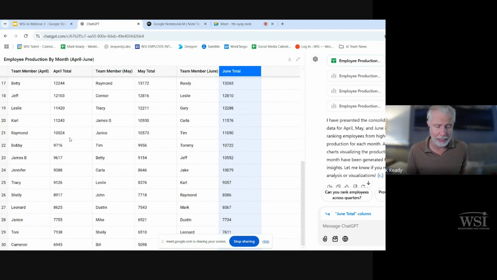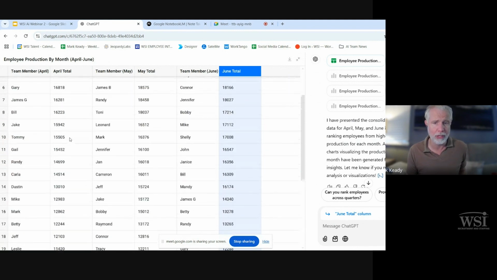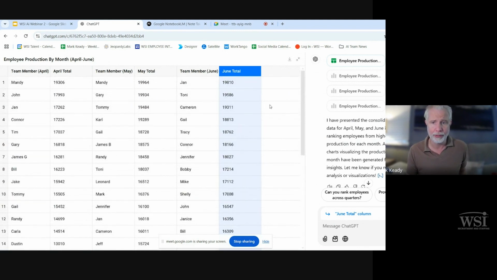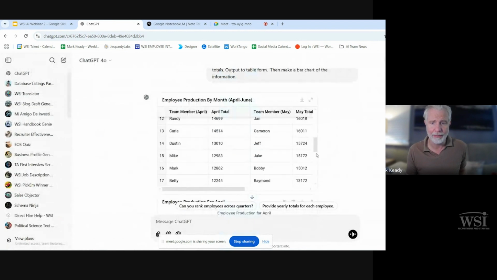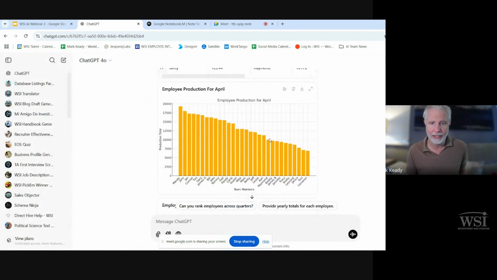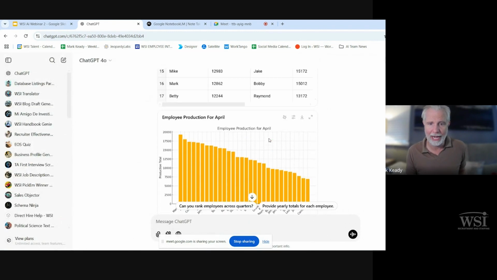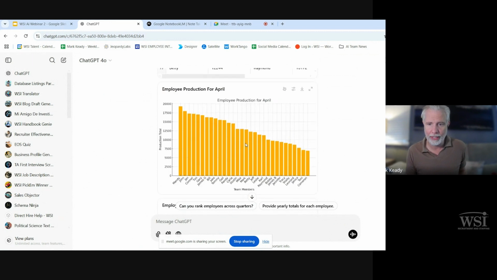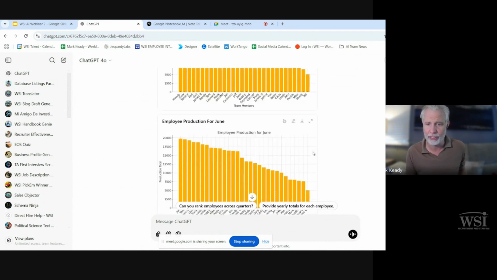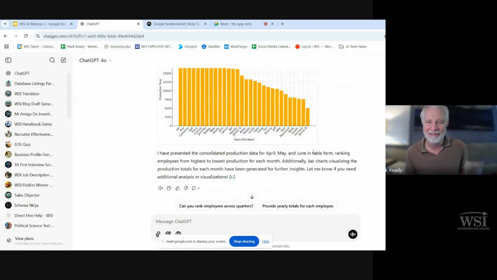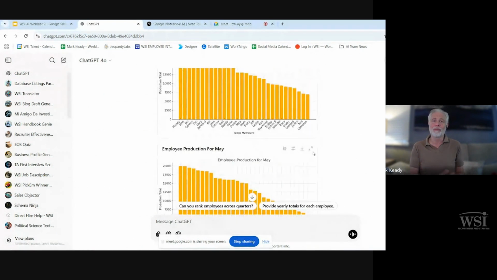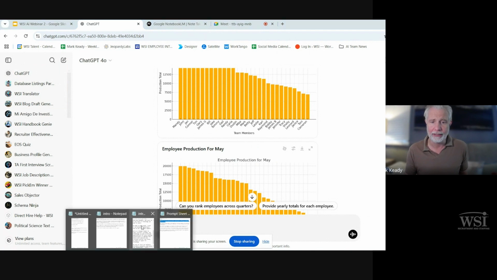And already right here, we can see, in those months, who struggled to make their numbers, who did well with their numbers, and we have a leaderboard. Pretty cool. And then we asked it to make a graph. So we come down here and we see production numbers for April with Mandy leading the way and everyone down the line based on the numbers. These are great charts. This might be the best result I've actually seen from ChatGPT on this, but I love it. It's consolidated data. And all we did was upload our spreadsheet numbers to ChatGPT and give it a simple prompt.